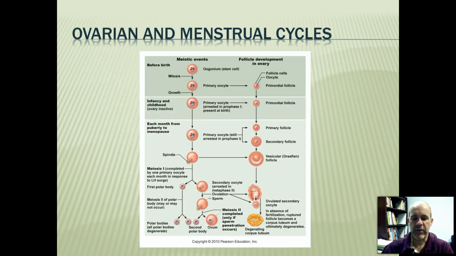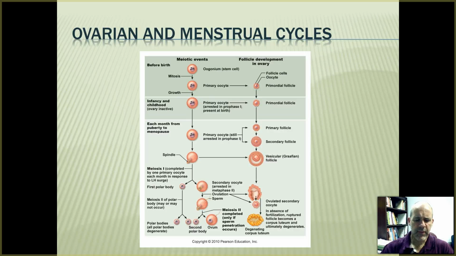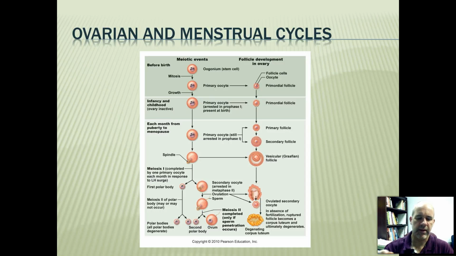All right, moving over to the female side of things, the ovarian and the menstrual cycles. And first, let's take a look at what's going on in the ovaries. So these are all ovary events that we see over here. And let me turn off my pen because I think I'm just going to do this with the cursor if we can. All right,